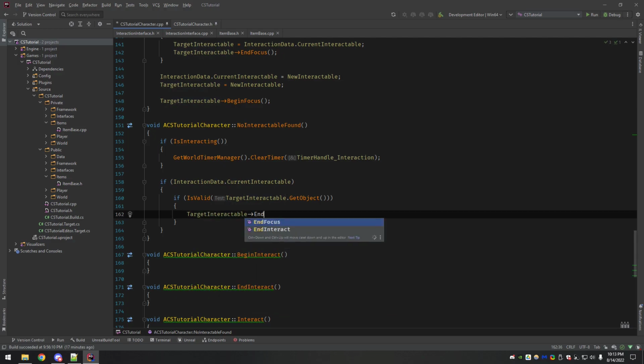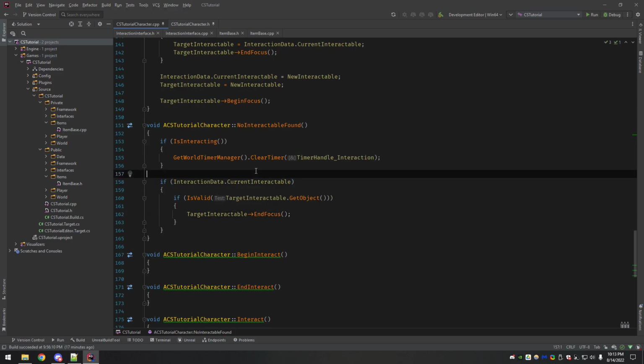Target interactable end focus. The reason why this is necessary is because with pickups, the way the code's going to be implemented is when you pick something up, you go through a whole bunch of calculations in the inventory to check, do we have enough weight capacity for it?